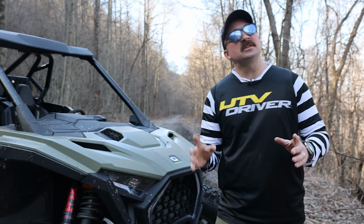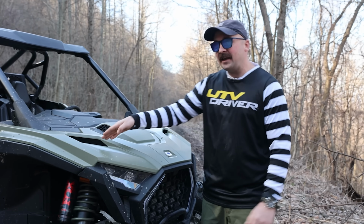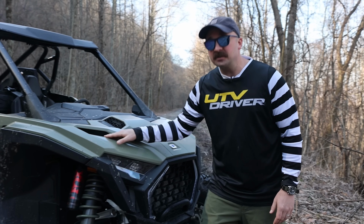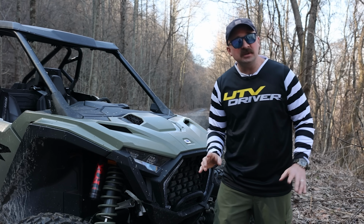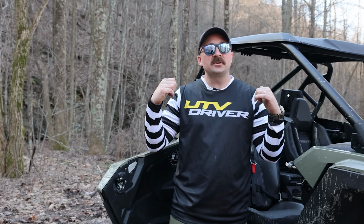Number 2, Polaris added something this year that none of us asked for, but it turned out we all wanted, and that is these air vents in the nose here. The cool thing is, this vent doesn't go to the brakes, it doesn't go to the transmission, it doesn't go to the engine. No, it comes inside, and it goes to the driver's and passenger's feet. It comes out right here in the cowl, and basically it just keeps positive air pressure in the cabin at